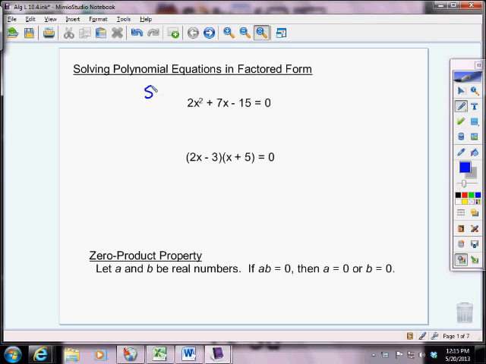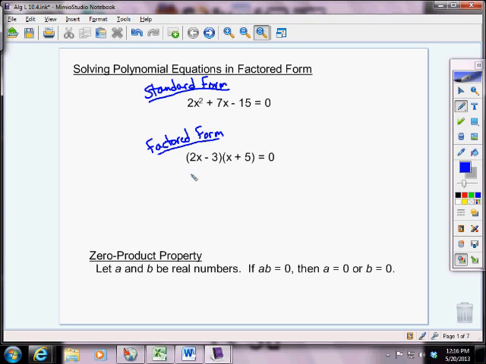We can solve this by graphing it and seeing where it hits the x-axis. Or we could use our quadratic formula, and we could come up with the solutions that way. Another way we could do it is to factor it out. In a future lesson, we will learn how to factor a quadratic equation. But if you look at this one right here, this is called factored form. A polynomial is in factored form if it's written as a product of two or more